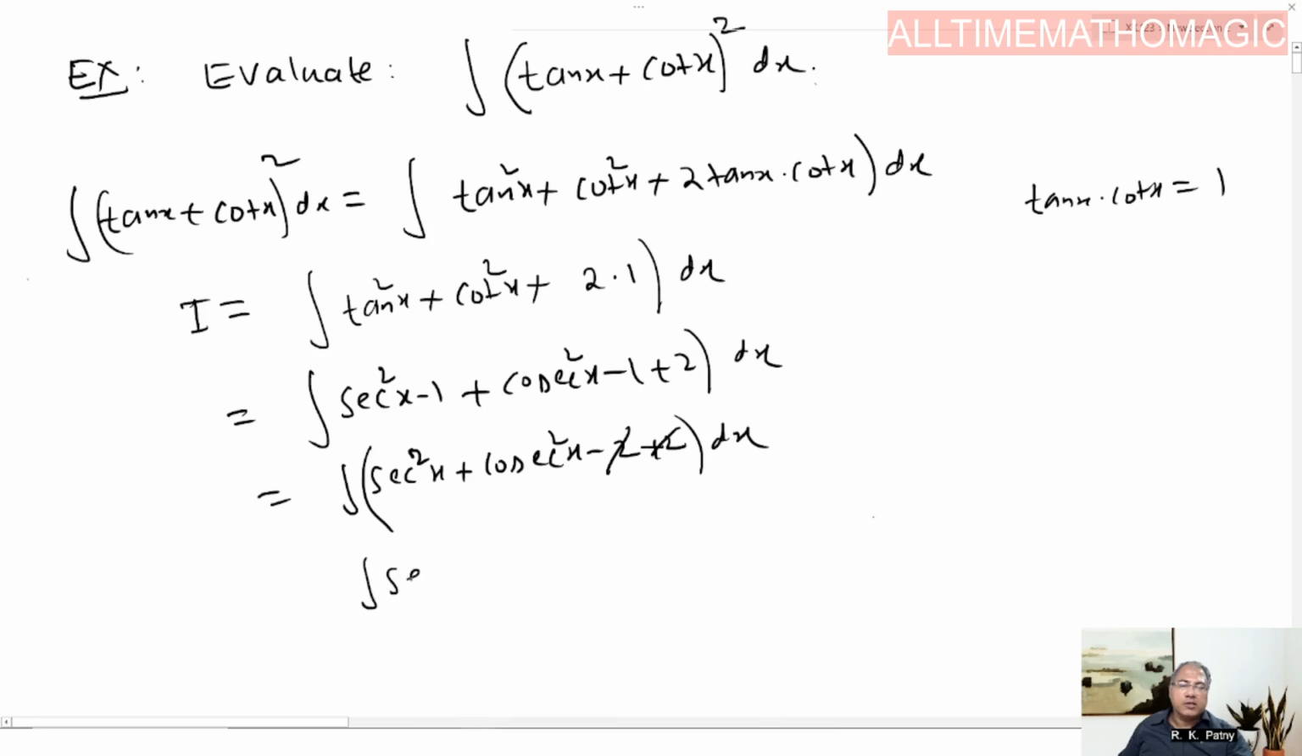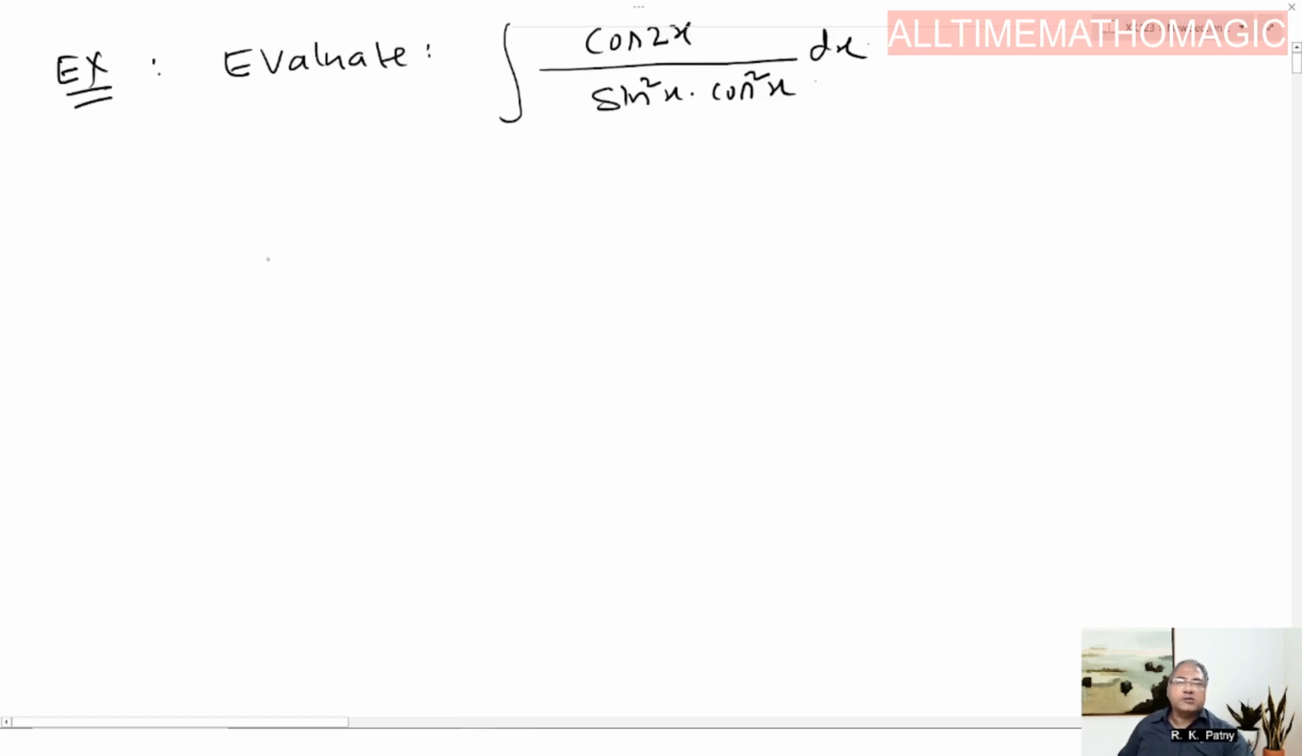So that equals the integration of sec square x with respect to x plus the integration of cosec square x with respect to x. Integration of sec square x is nothing but tan x, and integration of cosec square x is nothing but minus cot x, plus c. This is the required solution. Next example,